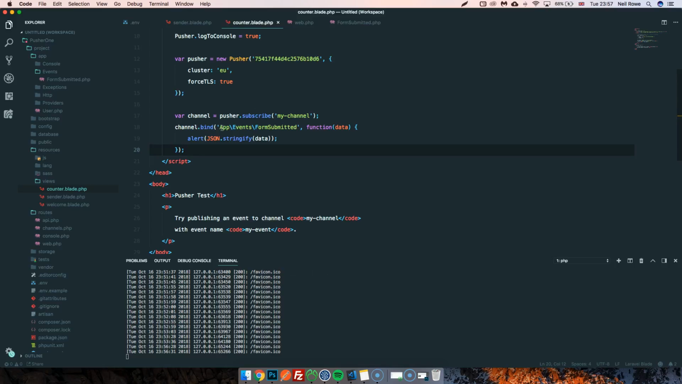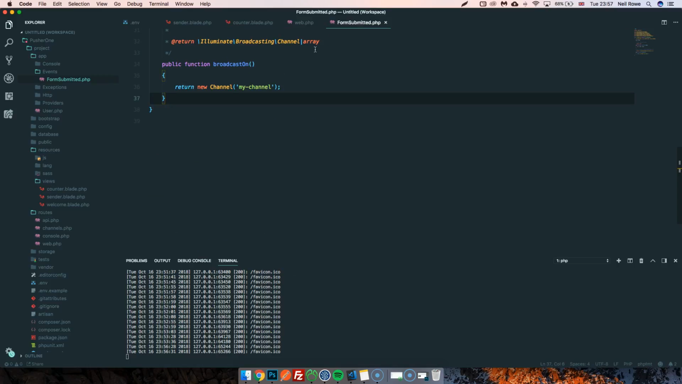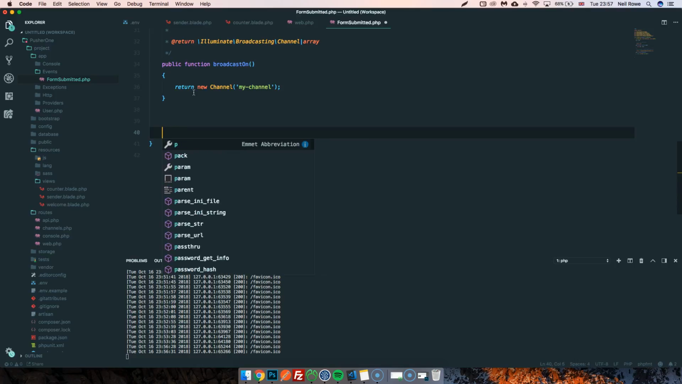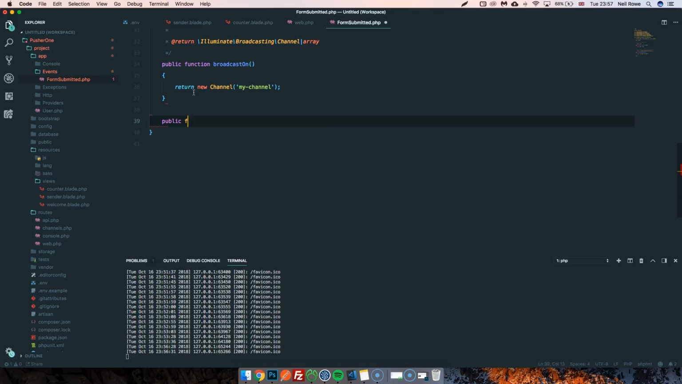But what I prefer to do, because this is like a backend specific name, it's very specific to the file structure on the backend, and it also might give away to sort of malicious users how your backend is set up, I quite like to name these myself. So I'm going to call it, what do we call it? Form submitted. And then on the back end, you're going to need to change the channel name, or the event name, sorry. So in the form submitted, you can add another function called public function broadcastAs, and then you can just return the name. So in this case, we're calling it